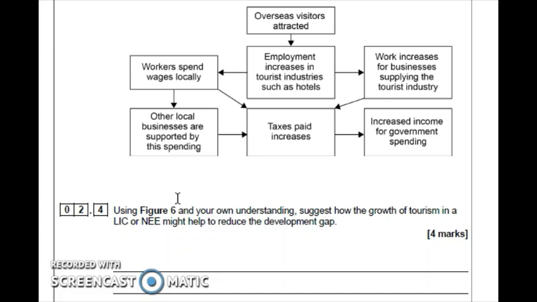So in terms of the positives, as it suggests on the figure as well, the tourism industry employs a lot of people. So people can be employed in places like hotels, but then the key to it is the multiplier effect. It's not just those, but it's people who supply the hotels, their business will improve. People that drive taxis and buses, they will also improve because they're going to get more custom as a result.